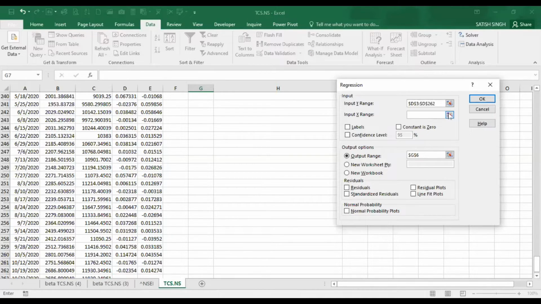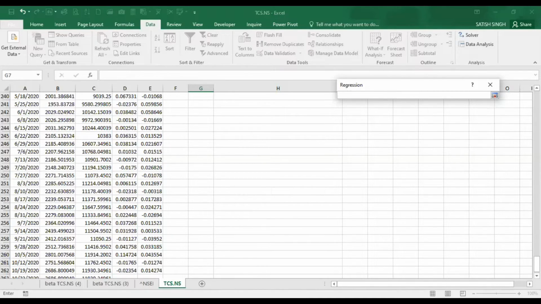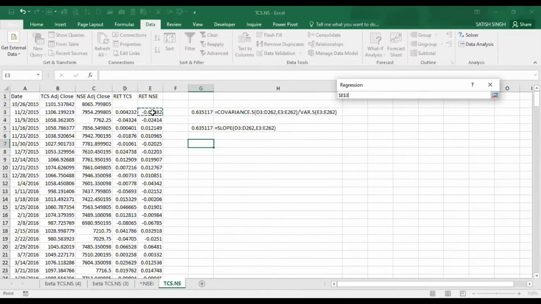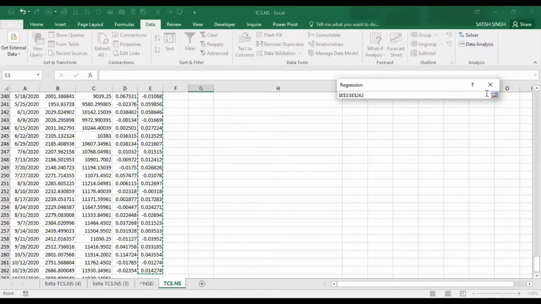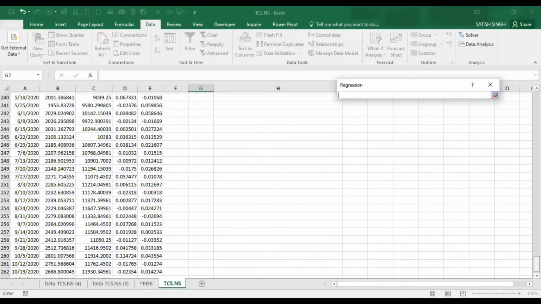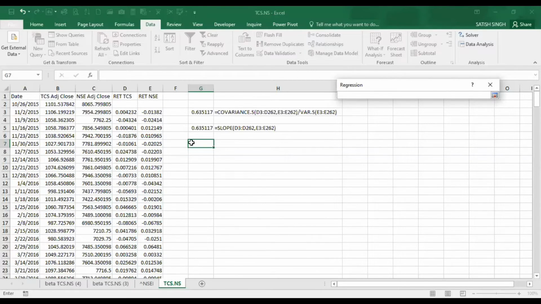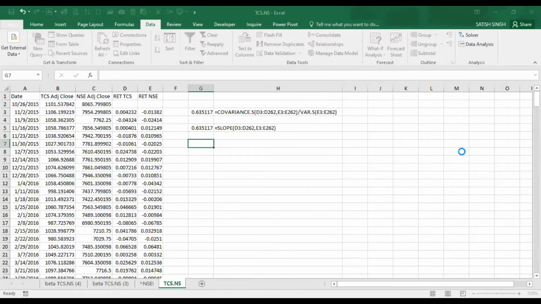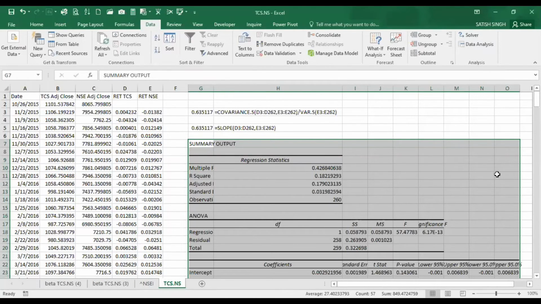And then known x, these are x basically. And where you want your results, just select the desired cell, this is the cell where I want my results to appear, and press OK. So here are the results.